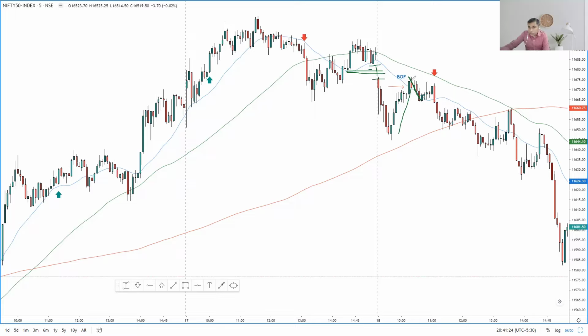So we have this straight move to the upside, then we have a shallow pullback, and then the buyers have again tried to push the price to the upside, but selling gets increased as soon as it reaches this previous resistance area, and then we have moved to the downside, right? Now this is the example of the M top where the second top is below the first top. I hope you can see it very clearly here.